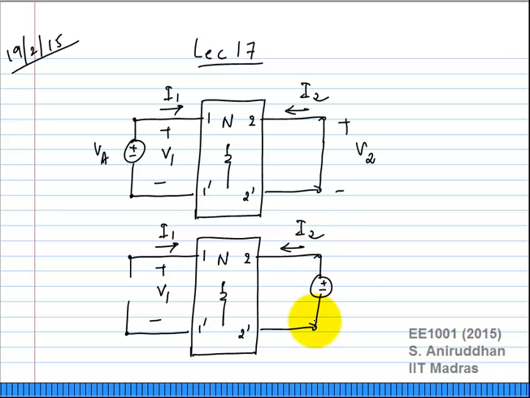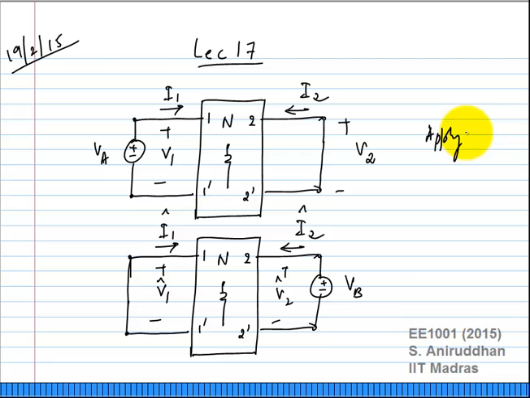In the second case, I am going to apply a VB here. Now I am looking at the short circuit current here. These are all hat quantities. And if you actually apply reciprocity,